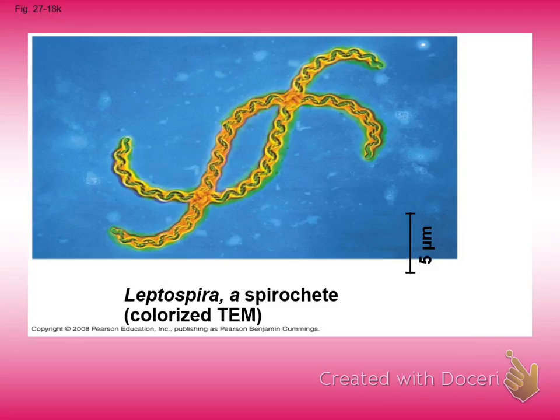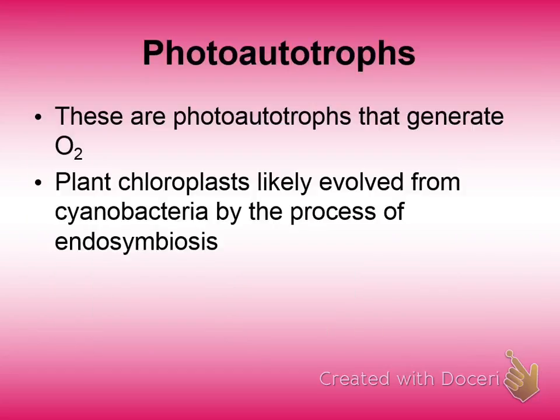This is a spirochete. No more difficult to kill, but syphilis can be cured by antibiotics. So we've got two of them so far. Chlamydia and syphilis are curable by antibiotics because they're bacteria. A lot of the others you cannot cure with antibiotics, like herpes and genital warts. Those are not curable by antibiotics.